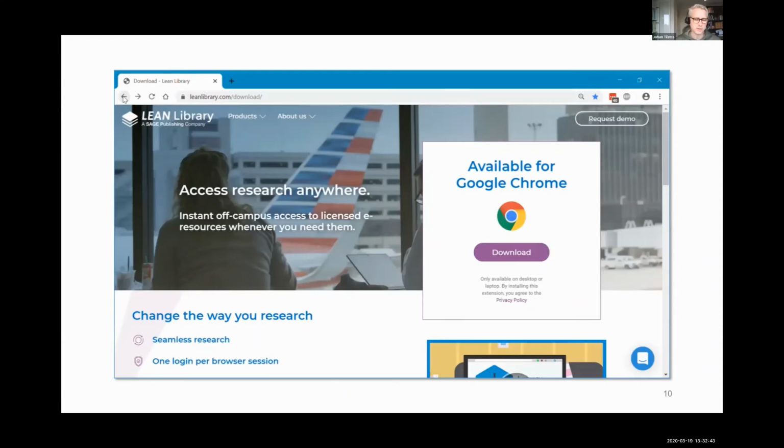I'll start out with simply installing the browser extension itself. A very short process, and you'll see that when I've installed it, I'll choose NHS Mersey Care as my institution. And I just wanted to mention that